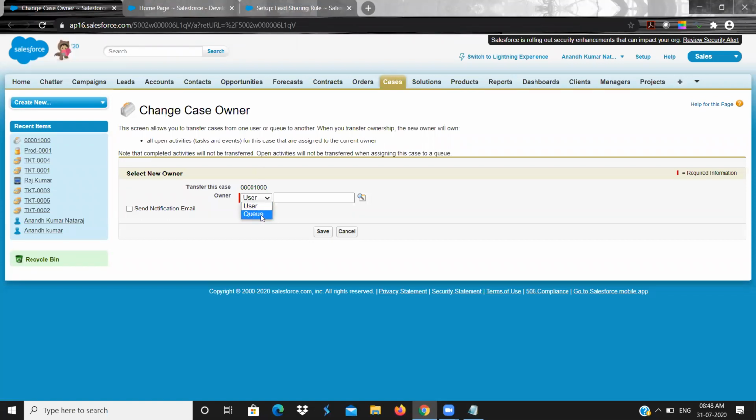So the primary difference between group and queue is that a queue can own a record. The queue can act as an owner.